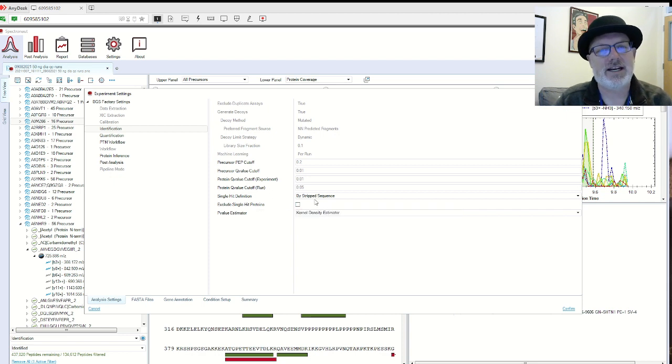But the problem is you may not get a high quantitative accuracy out of these single hit proteins, but sometimes they can be really important. So on the safe side, check it if you're looking at quantitative profile differences between, like, a lysate or something, between lots of different proteins. But you may want to uncheck it and go back and look for important proteins, because I have seen some